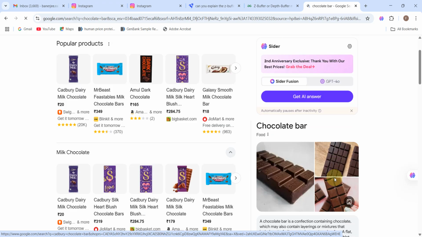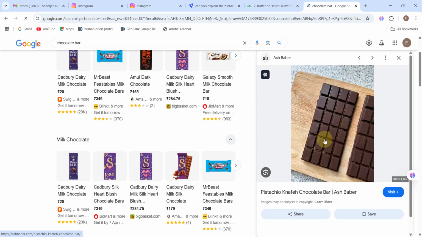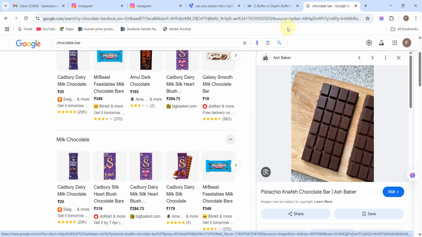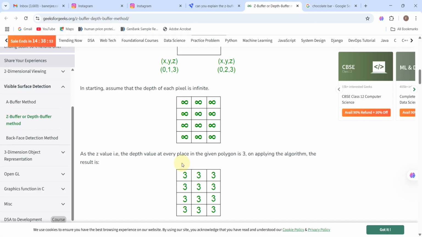Imagine like this, that this whole chocolate bar, all the cubes, you can imagine every cube as a pixel, and whatever I'm storing in the depth matrix is the z coordinate of this box, then this box, then this box, and this box, and this box is written in one column, and so on similarly.